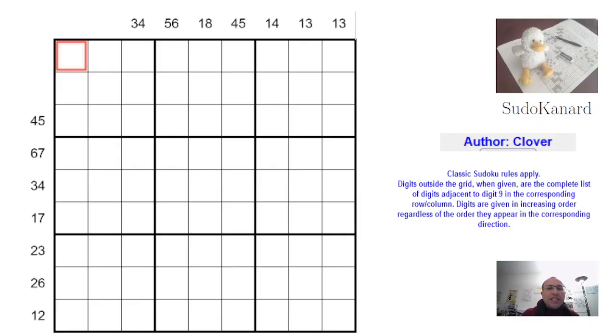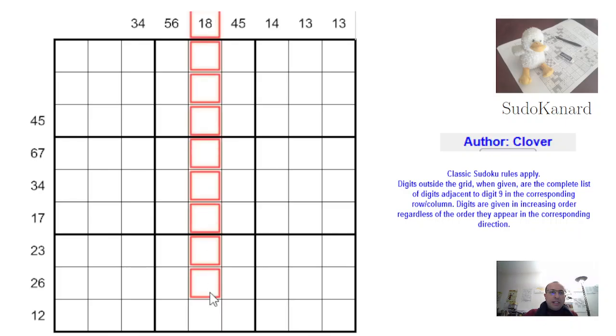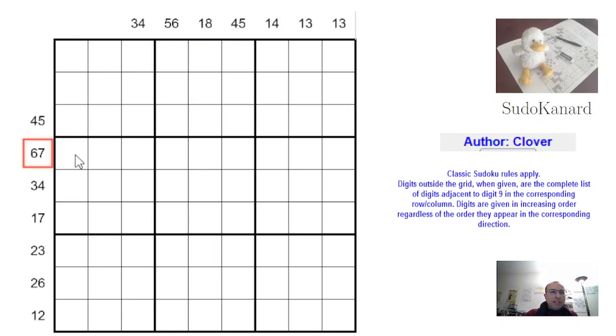We're here to solve this next to nine Sudoku by Clover, who's one of my very favorite authors. It was featured in the recent Sudoku Mahabharat, and the special rule here is that the digits you see outside the grid are each time, for example, this 1 and 8 are the digits that surround digit 9 inside this column. Likewise, 6 and 7 are the digits that surround the 9 on this row. And we don't have the information for those,